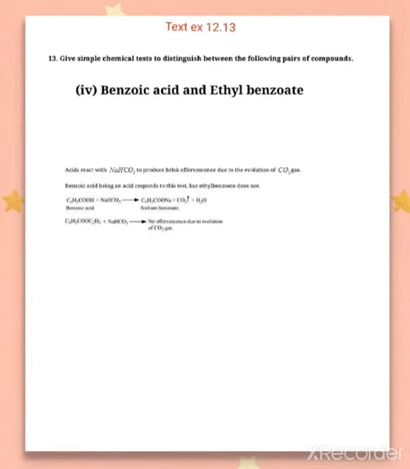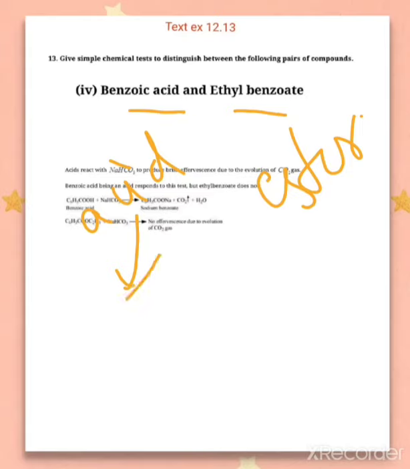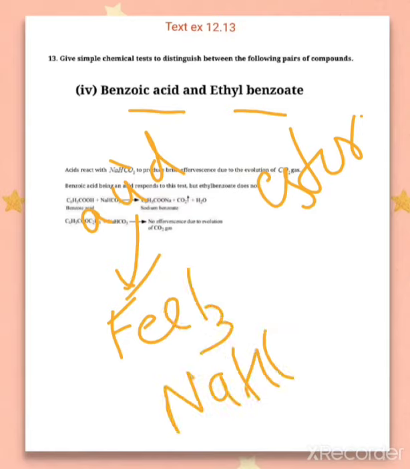The fourth part is benzoic acid and ethyl benzoate. Benzoic acid is an acid and ethyl benzoate is an ester. So when there is an acid and an ester, which test is preferred? You can write any one of the acid tests, like the ferric chloride test, and even the sodium bicarbonate test. In the sodium bicarbonate test, there is effervescence due to the addition of sodium bicarbonate, which shows the presence of an acidic group. So you can write any one of the tests which is shown by acids but not by esters, and write the equation for this also.